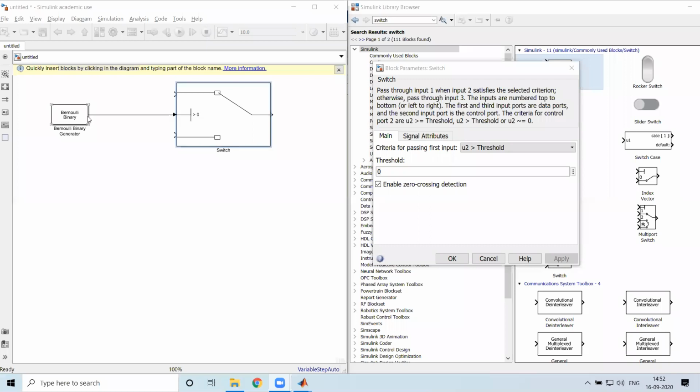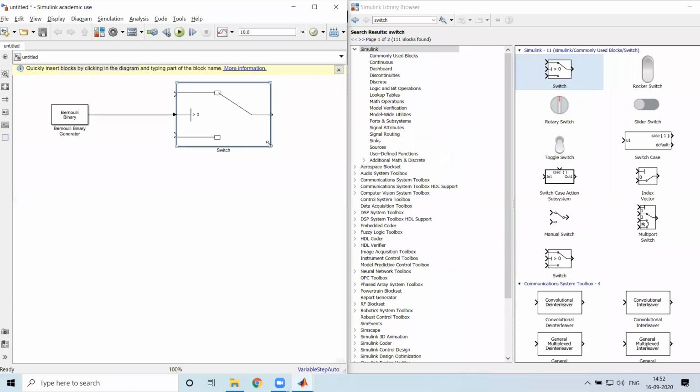If the output is logic 1, then one of the inputs is selected, and if the output is logic 0, then the other one is selected. Now let us see what we should give here in order to obtain the representation.